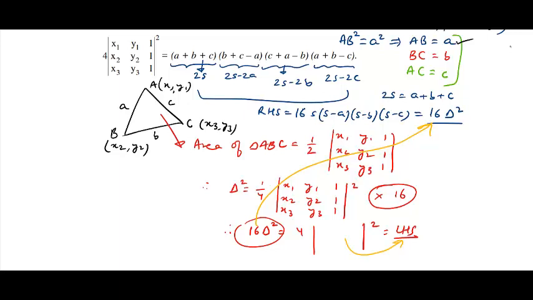So again, a very simple problem based on a simple observation of the distance formula, and it utilizes a standard formula for the area of a triangle from coordinate geometry. So with this we end this session on the problem solving strategies on determinants. In the next video, we'll try to understand the multiplication of determinants and differentiation of determinants. Also, we'll look at something called Jacobi's theorem, which is an important theorem in linear algebra.